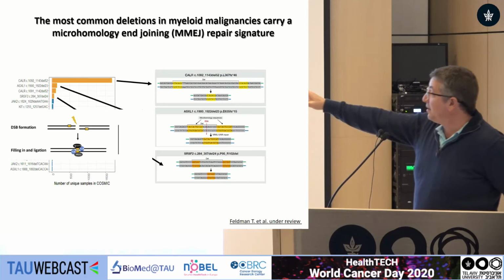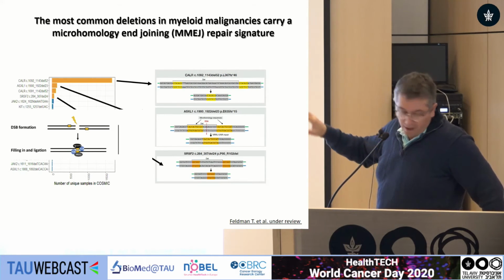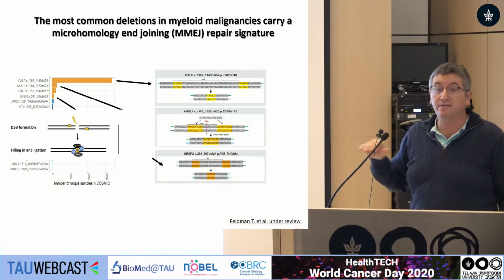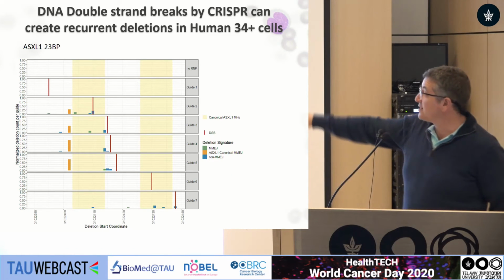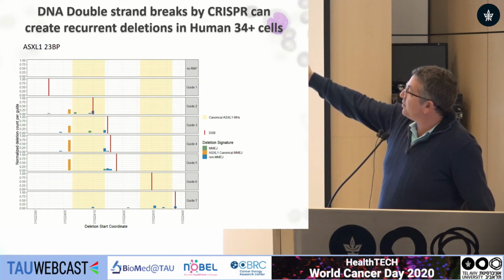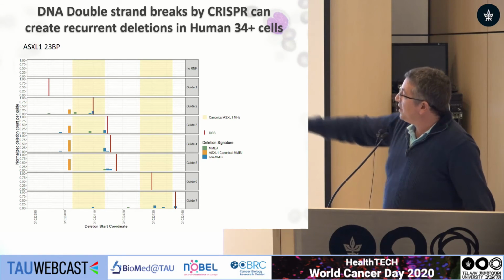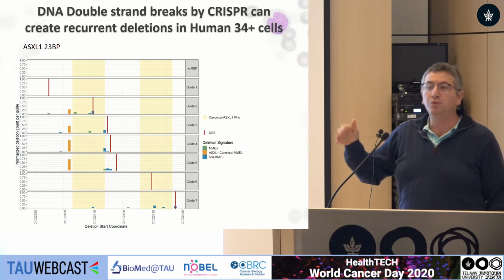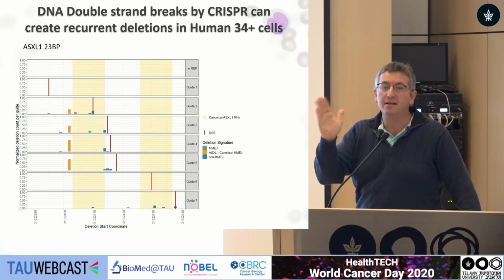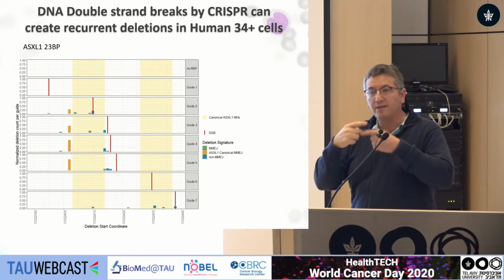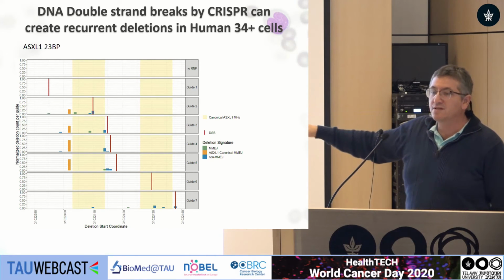And the mechanism is probably a double strand break, and then the ligation of the microhomologies by a system whose enzymatic machinery we do not fully understand yet. We are studying that right now in the lab. So this is what Tzach did to prove that. He created double strand breaks outside of the microhomologies, inside the microhomology, and in between. And you can see the orange bar. He was able to recapitulate the human mutation in vitro by introducing a double strand break exactly between the microhomologies, and then you get the annealing of the two microhomologies and the creation of these recurrent deletions,